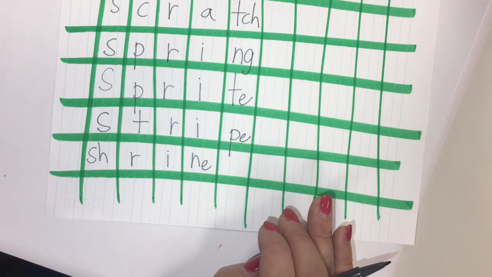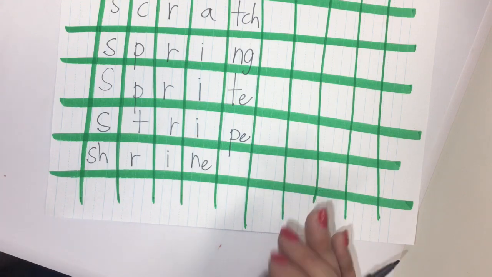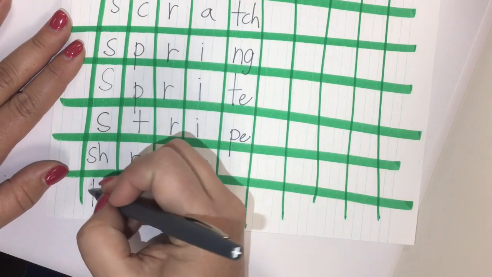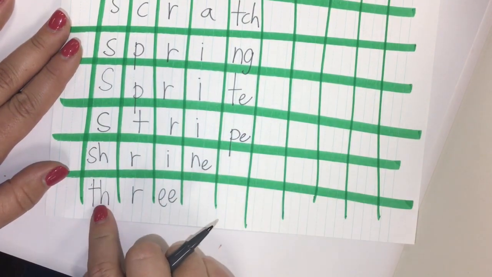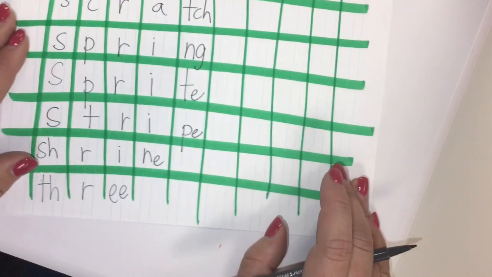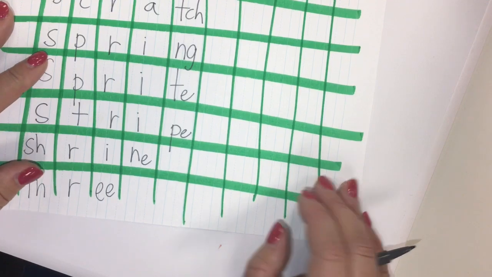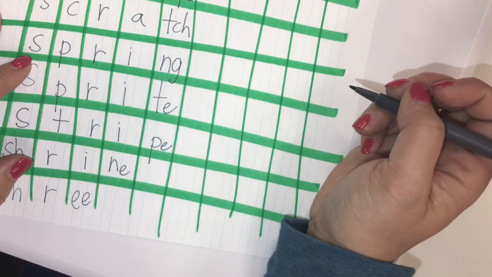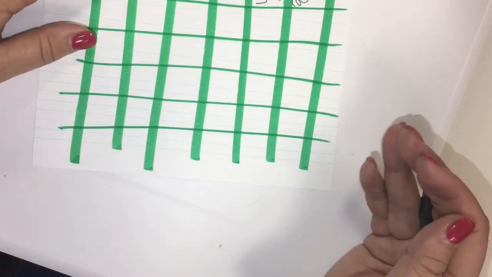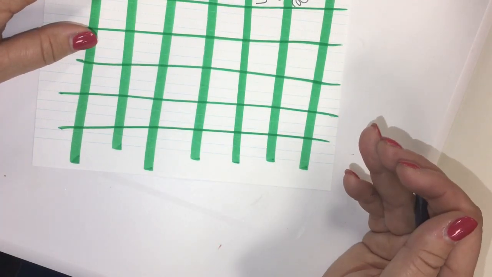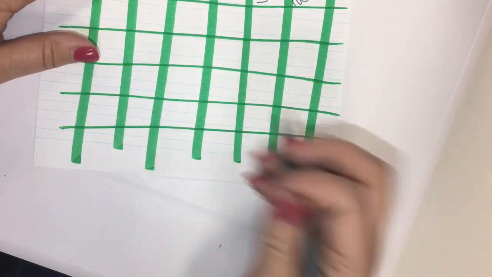And then THR, so if I did three, E. TH also has one sound, so it'll go in a box on its own. And then the last is SPL. So if I did, let me go this way, if I did splinter,